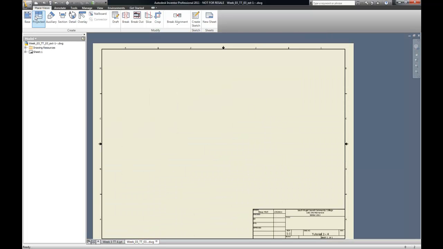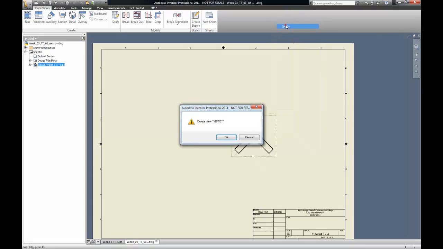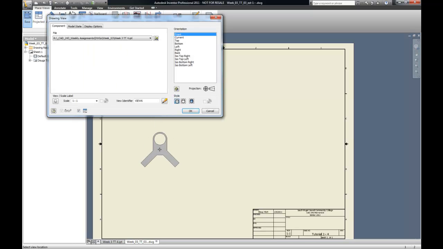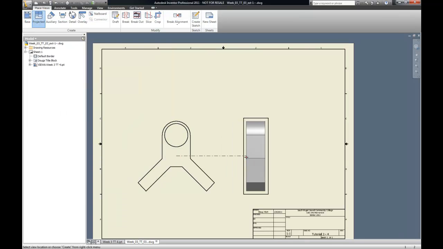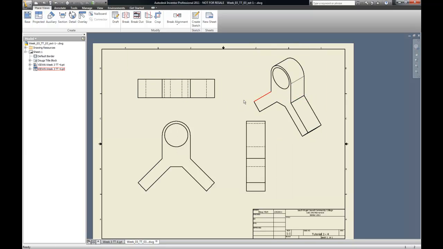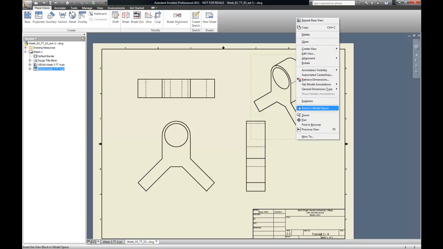Now it's time to import, okay? Bring my base in here and, okay. So what I got going on here is it's too small, so I'm just going to pick this, right click, and go delete. And do you want to delete the view? Yes. So I'm going to try this again. Bring it in. I want to make it a little bit bigger, so I'm going to scale it up now. 2 looks good. I'm going to pick, pick, pick, pick, right click, and create. Okay? Right click, edit view,